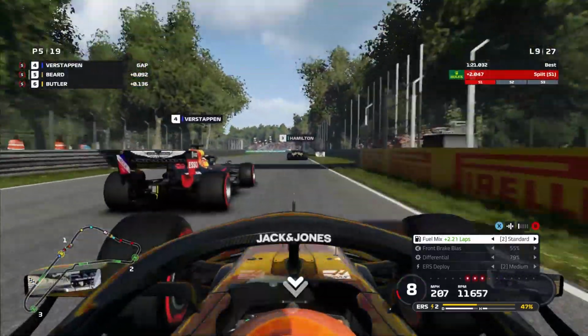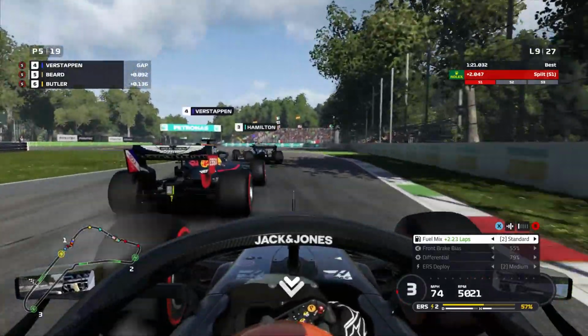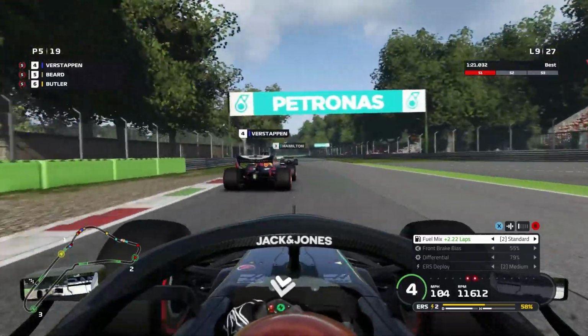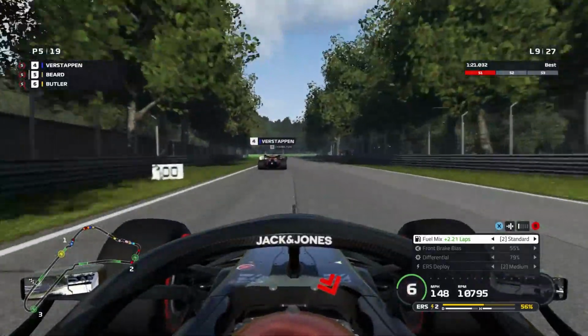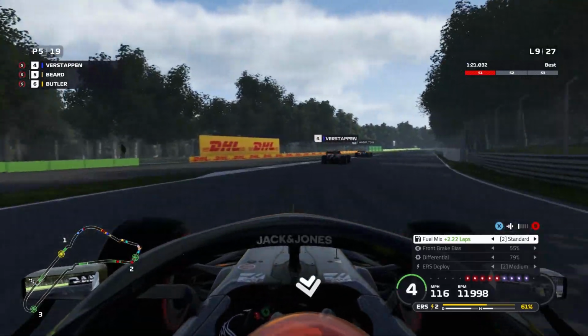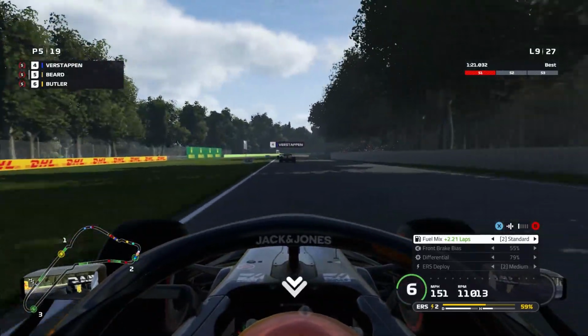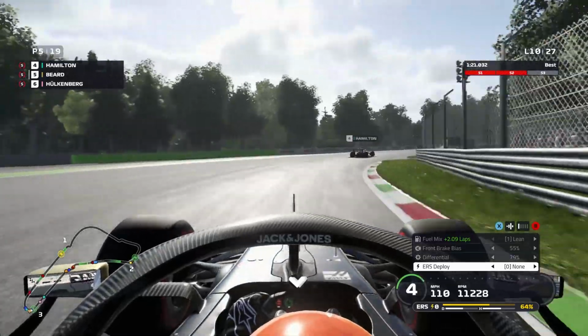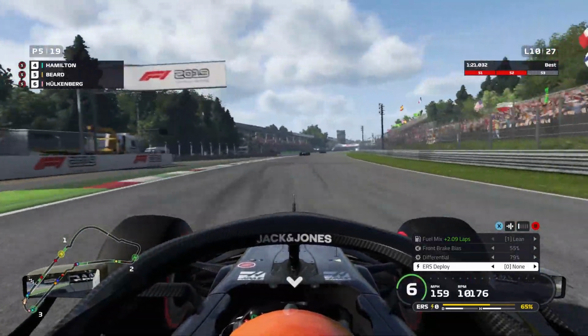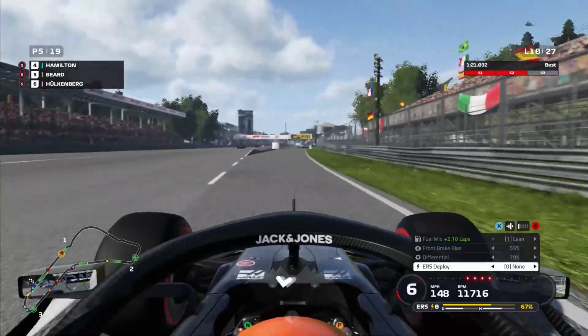Already a third of the way through this Grand Prix. Verstappen there a little bit early on the brakes down in towards the chicane. We tried to get the curb, tried to capitalise with a huge fishtail there. Devon Butler thinks about having a look up the inside, but once again the Renault a little bit late and just not quite really being able to get enough of the car alongside to really try to make it work there. End of lap 10 now, you can see Verstappen even, I should say, and Hamilton now both starting to make a breakaway